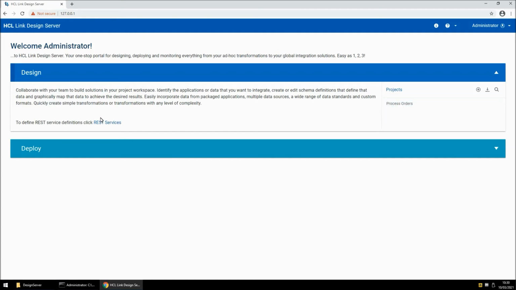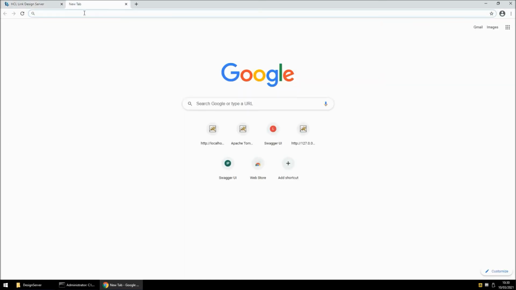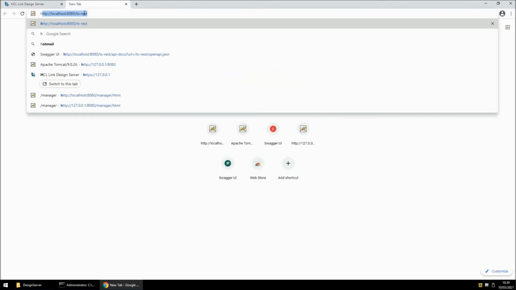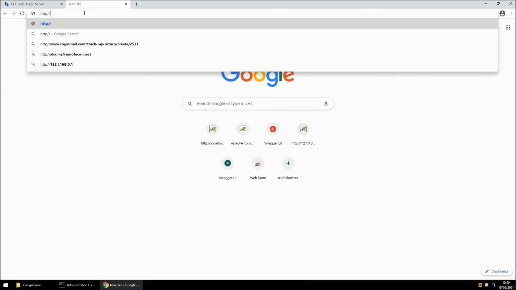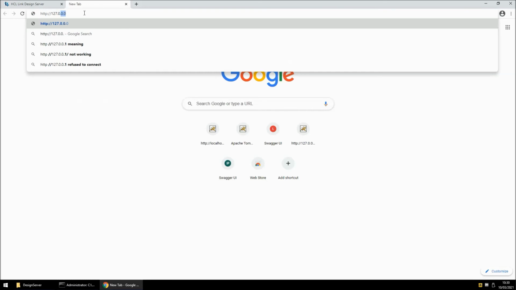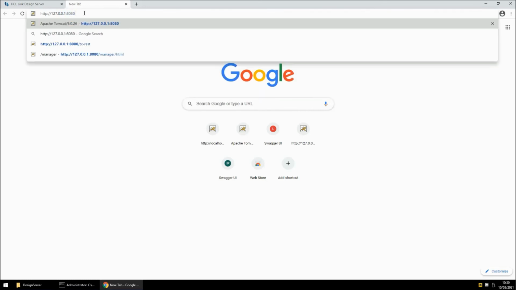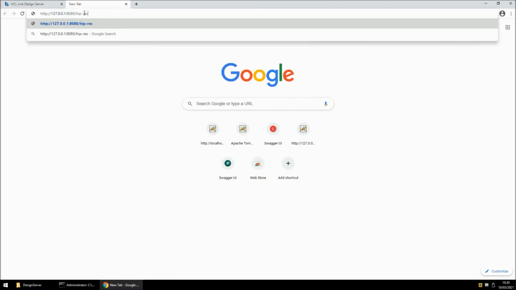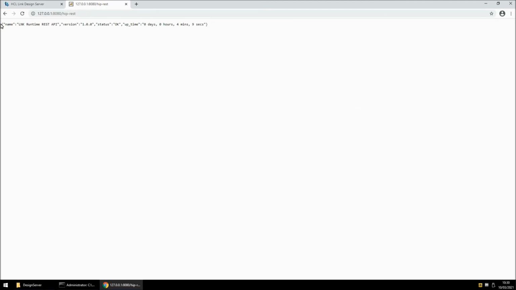But not only is the design server installed, you will also find that the REST API is installed at HTTP, also localhost, but running on port 8080 /hip rest. And this string here tells me that the hip rest actually has been installed, but we can go a bit further